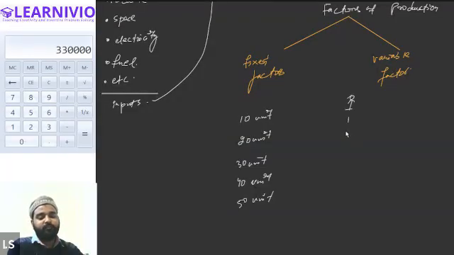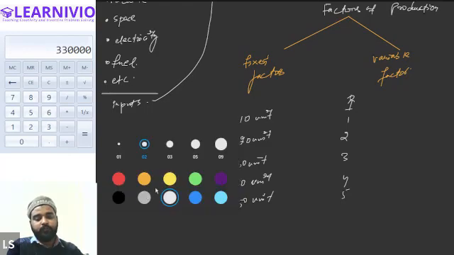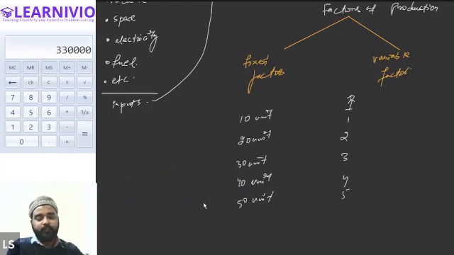So for producing 10 units, only 1 labor was required. Now for producing 20 units, there will be a requirement of more labor: 2, 3, 4, 5, and it will go on increasing if we keep on increasing the output. So as the output increases, the requirement of the variable factor also increases, and vice versa. Let's say production goes down from 50 to 30, then 20, or 15, or 5, or 2. In that case, less labor will be required.